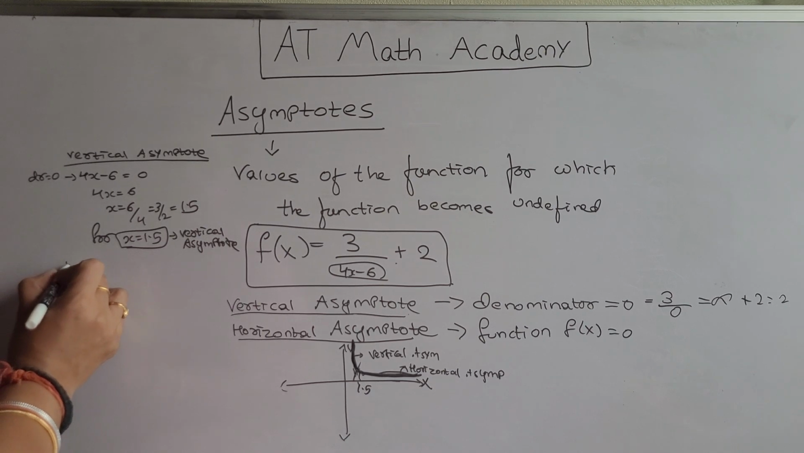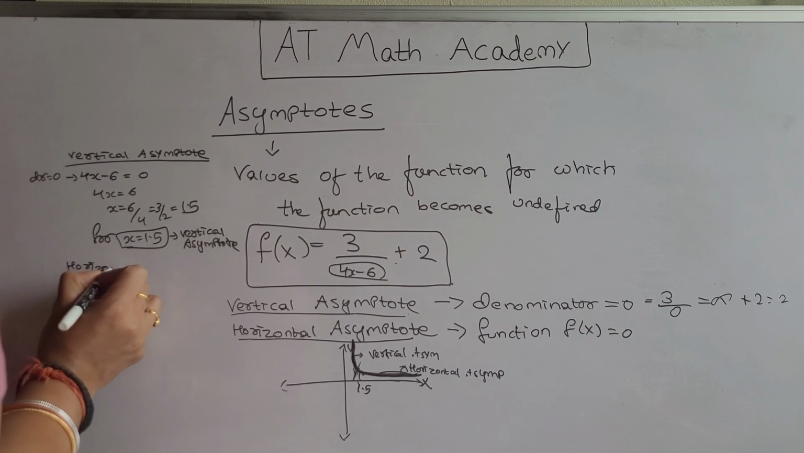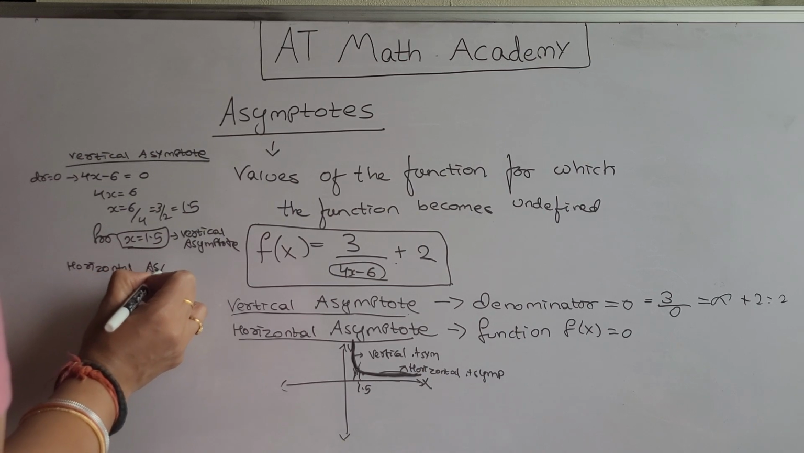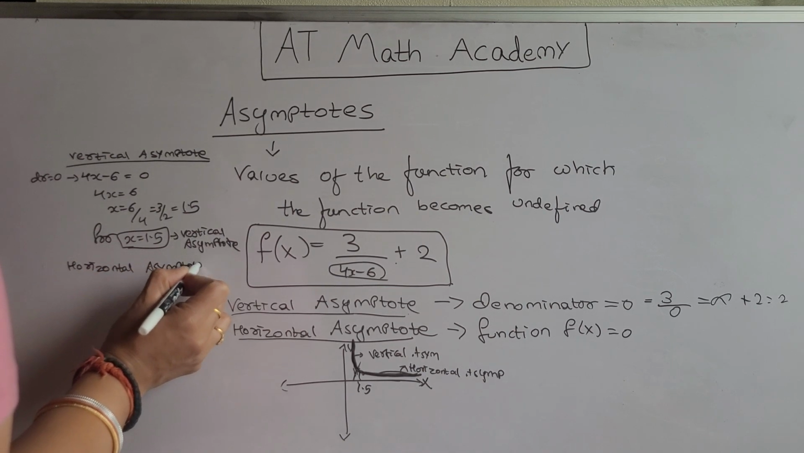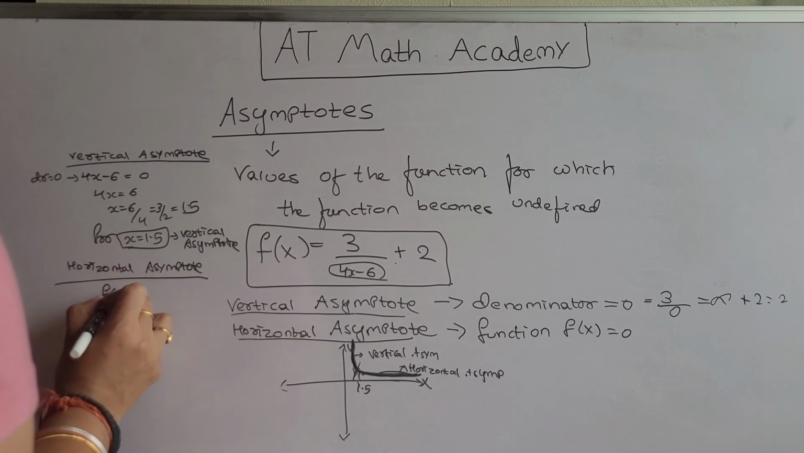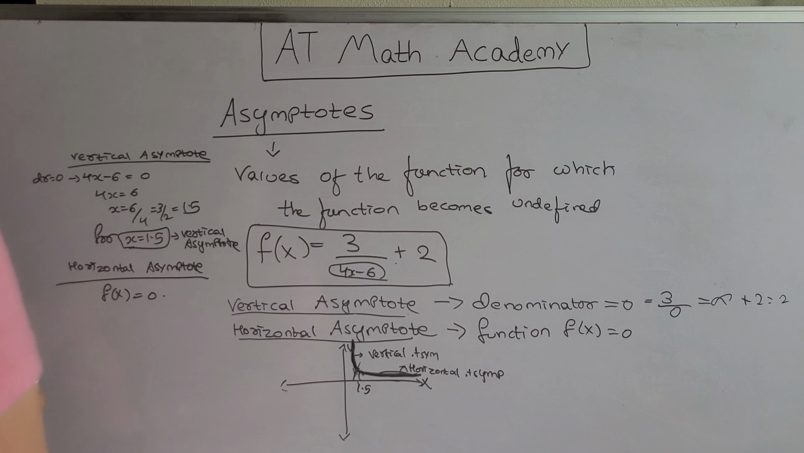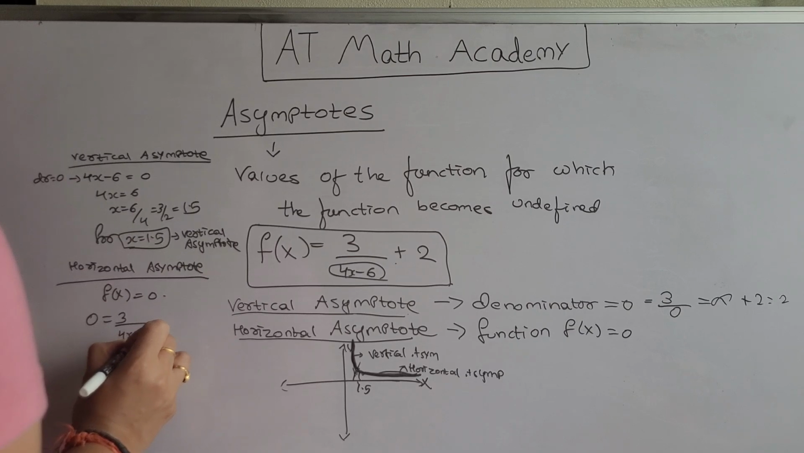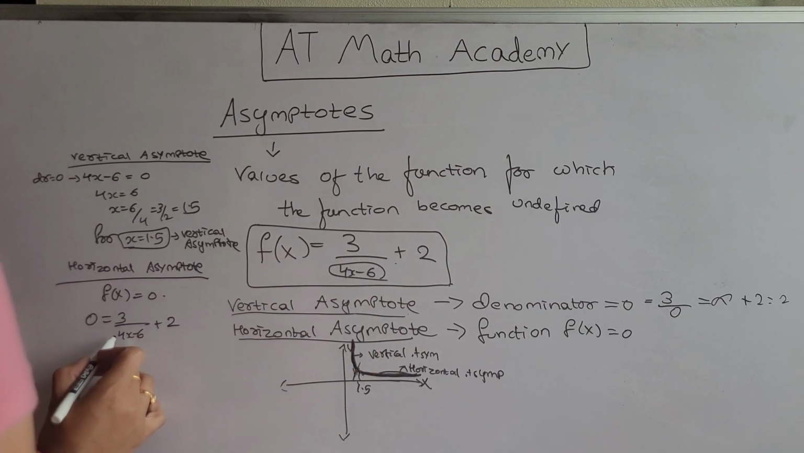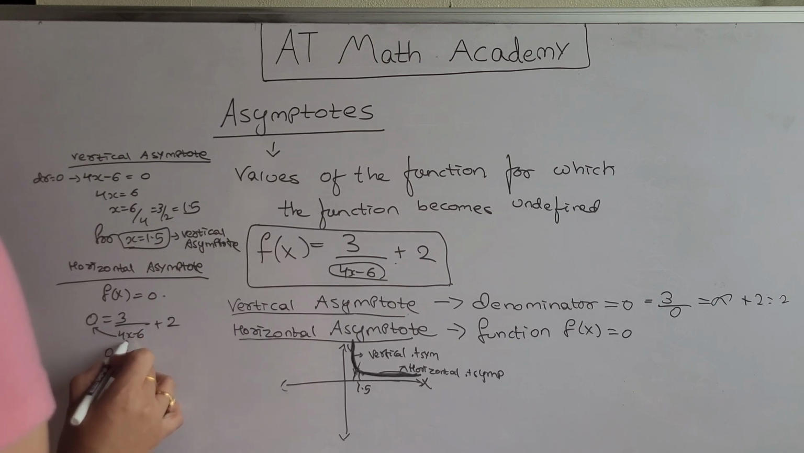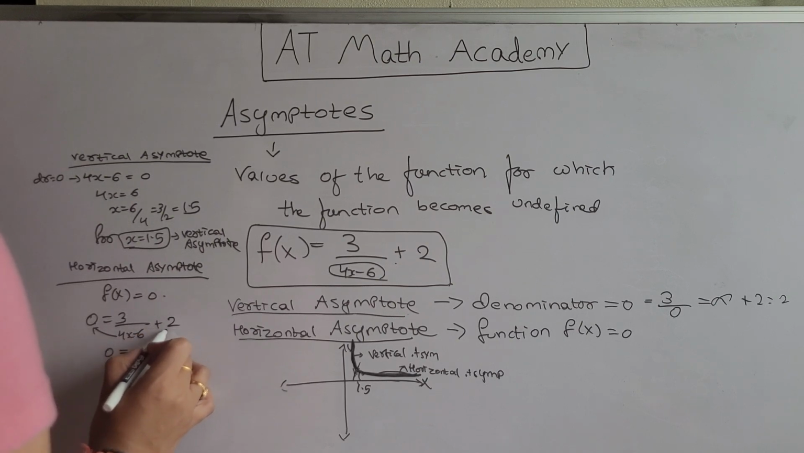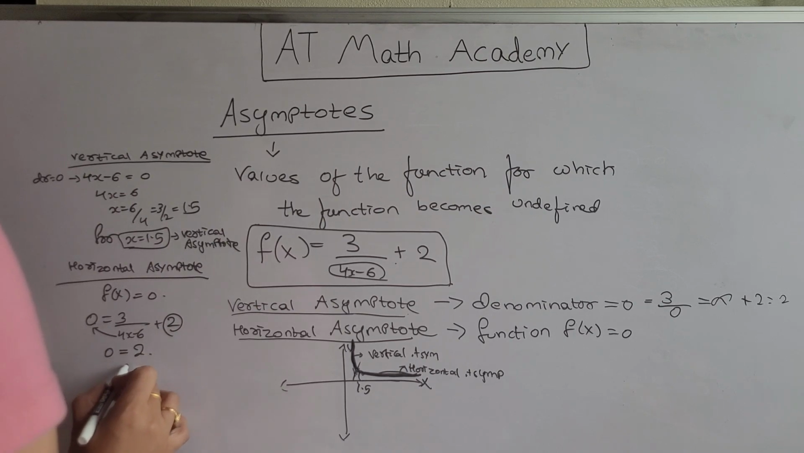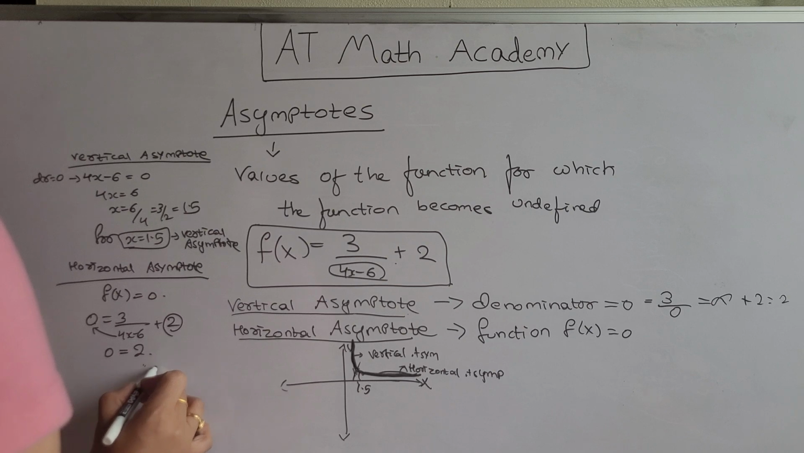And for the horizontal asymptote, I need to take the function f of x and equate it to 0. So 0 is equal to 3 by 4x minus 6 plus 2. This is our function, which means when 4x minus 6 goes to this side, 0 into 4x minus 6 is 0, and here I will be left over with 2. So the value will be 2,